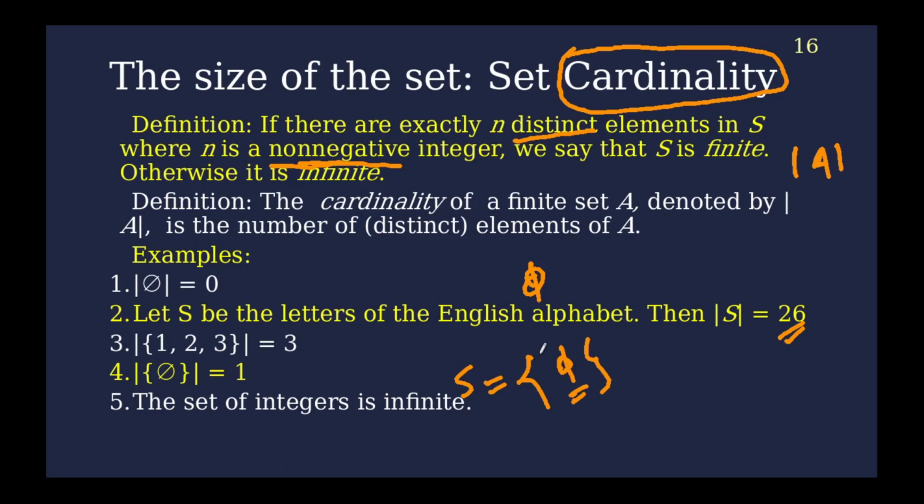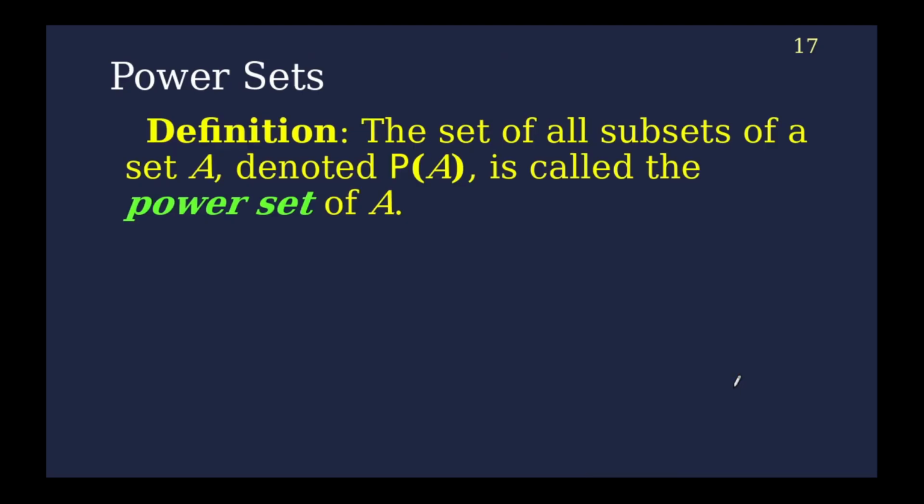Okay, now let us take one example. Say set S equals {1, 1, 2, 2}. So what is the cardinality of this set S? The cardinality of this set S is equal to 2, because it contains only 2 distinct elements. Here it is written as distinct elements. The distinct elements are only 2, 1 and 2. So don't consider their multiple occurrences. There are only 2 elements in the set.